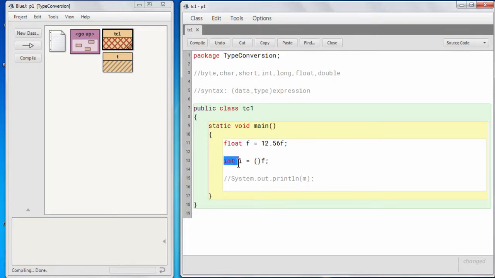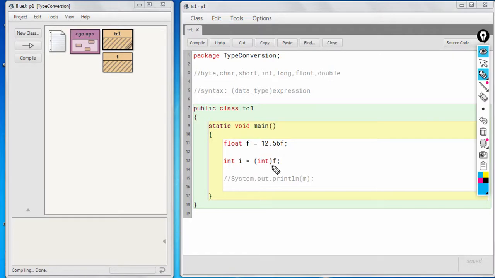This is our target data type, int. Whatever data type is present on the left side of the assignment operator, that we can call our target data type. So in this case it is int, so I'll write int here. What this will do is convert whatever value is stored in this variable f into int.